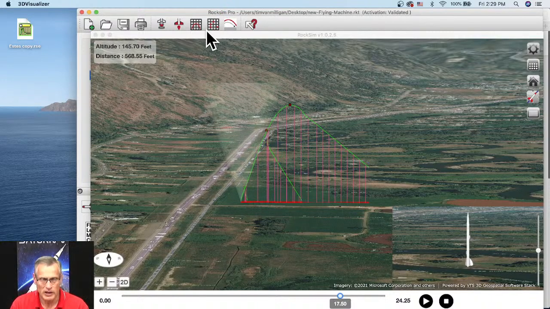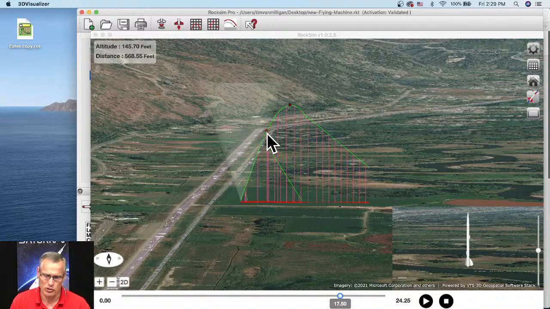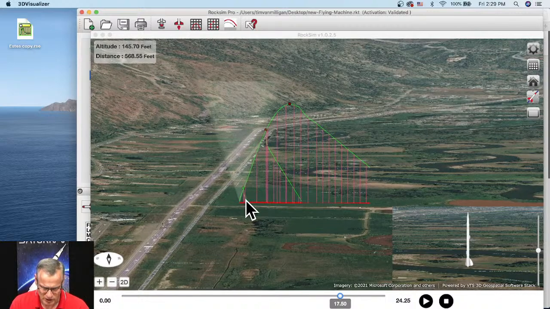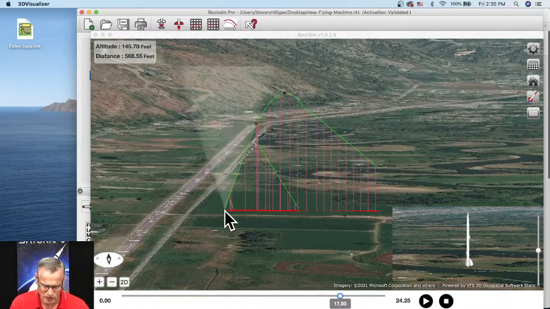Remember, we had that one was a B6, and the other one was a C6. So a C6 burns longer than the B6, so that's why it came off higher up in the air. And then the D motor in the middle burned a lot longer, and that's why it arced over here. But if I zoom in here at this one,